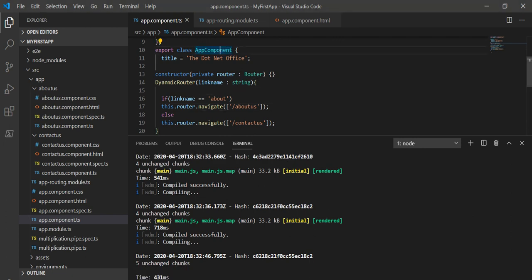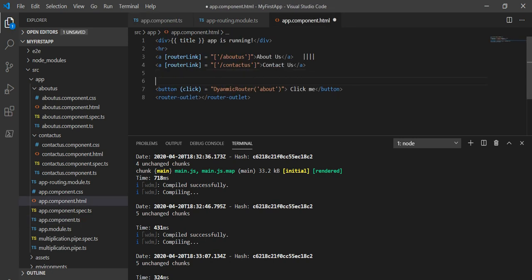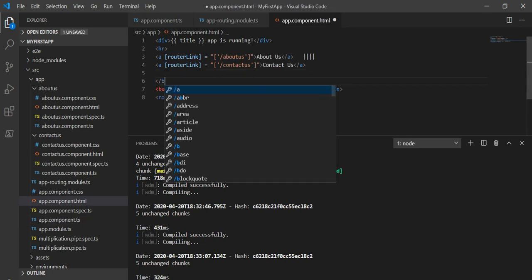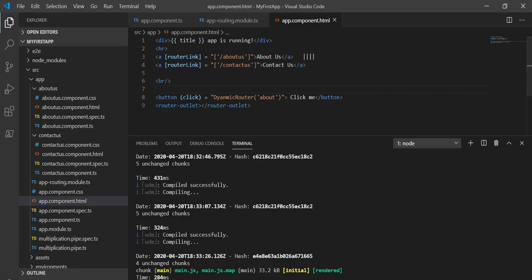It saved successfully. Now let's see on the browser. Here the button is showing. Let's give a gap first. Now let's save it and see on the browser.